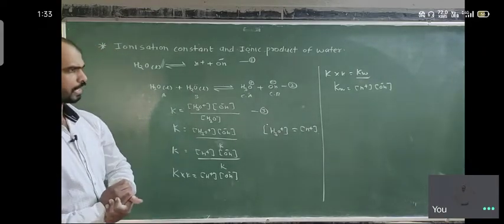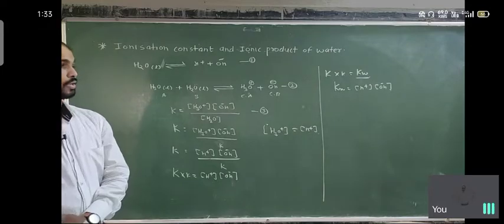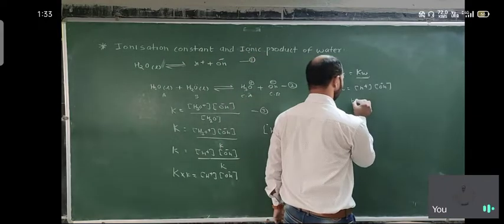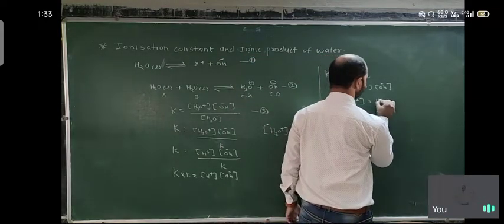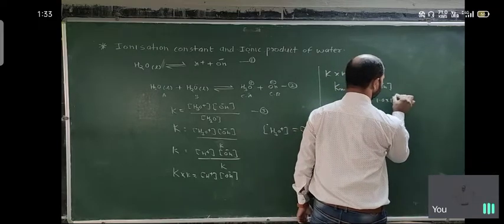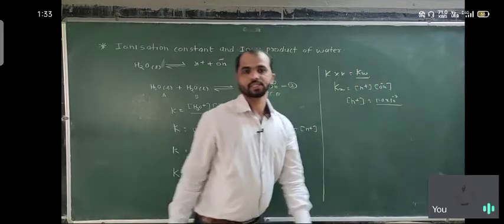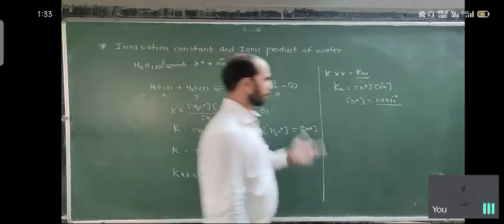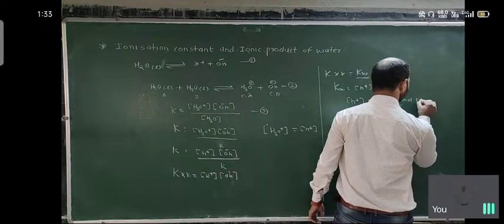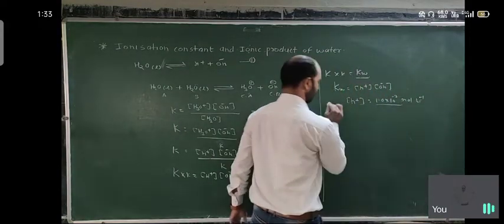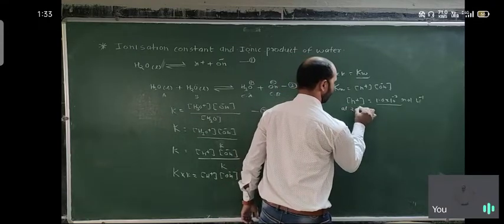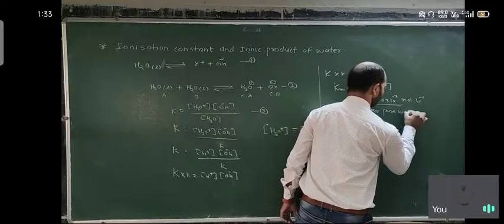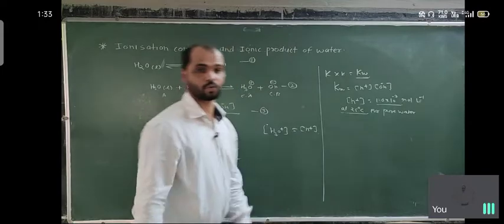But at 25 degrees Celsius, in pure water, the H plus ion concentration is 1.0 into 10 raised to minus 7. So what is the concentration? 1.0 into 10 raised to minus 7 mole per liter is the concentration. What is the condition? At 25 degrees Celsius for pure water. Okay, and we know the H